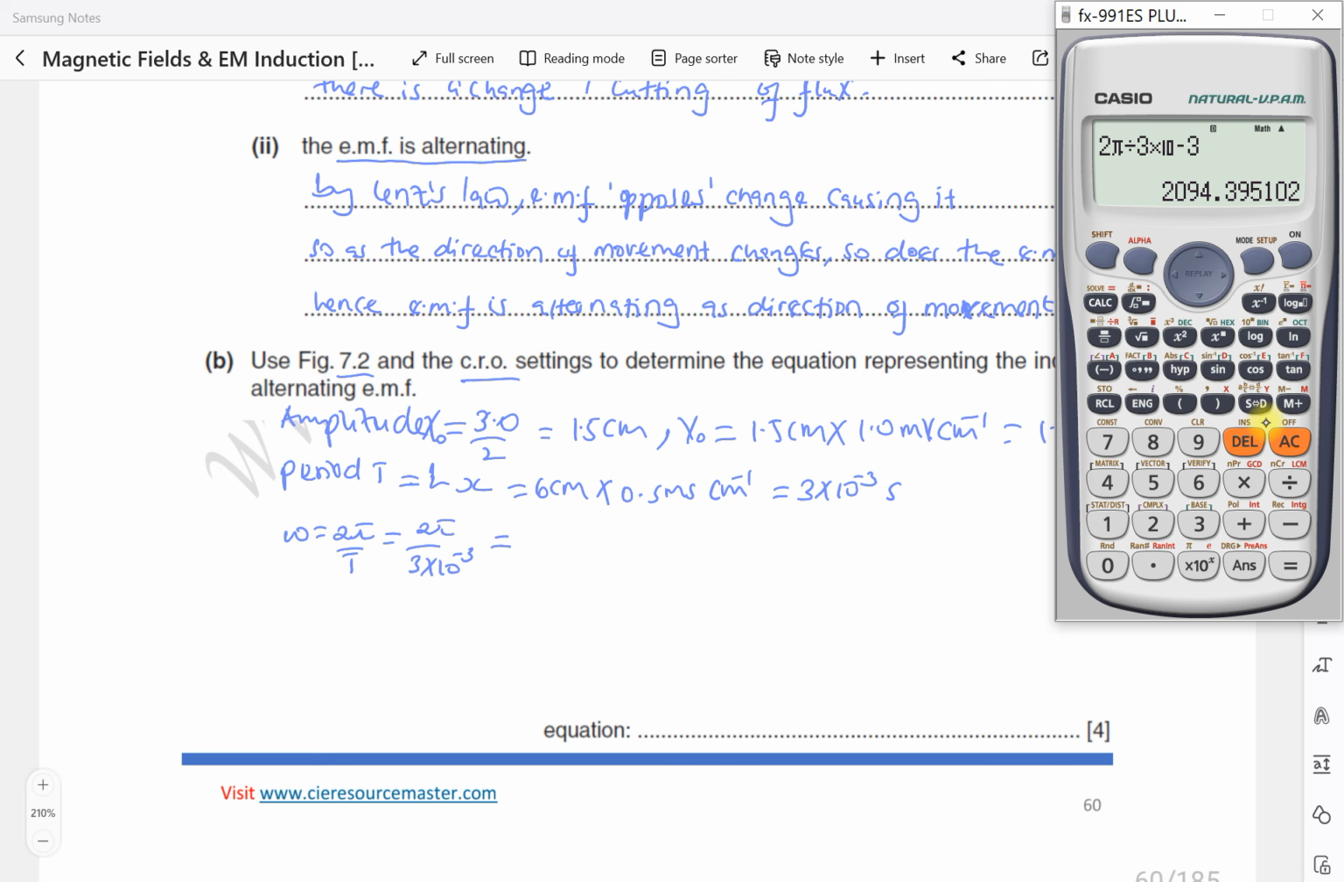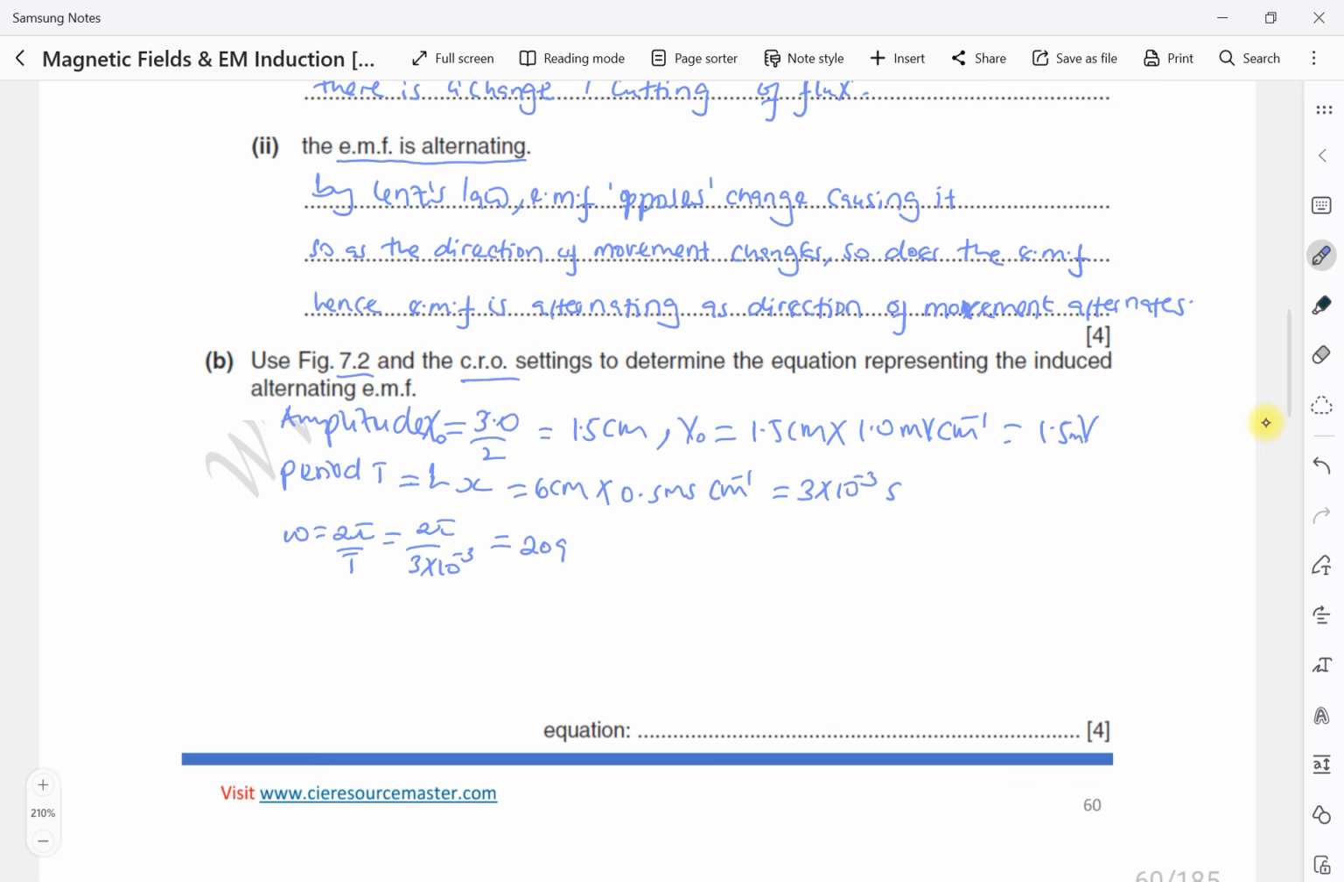That is 2094, which is approximately 2090 radians per second. Okay, so the general equation is x equals x naught sine omega t. Because this is an equation representing induced EMF, it is V equals V naught sine omega t. If you want, you can use x, but I will use V. So the equation is going to be V equals V naught, which is 1.5 millivolts, or you can write